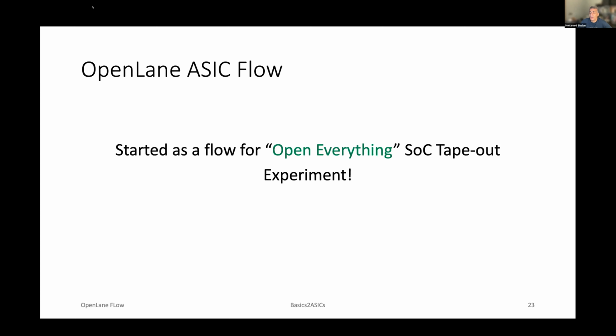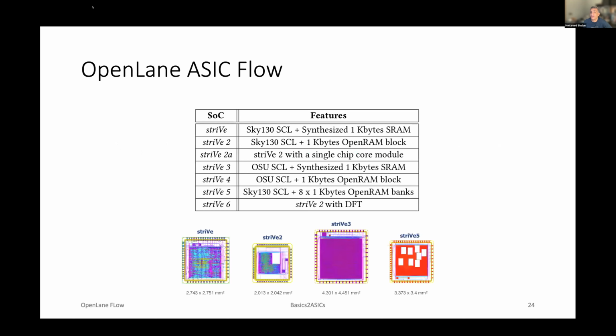We needed to define a flow, and we decided to make this flow open source as well, so that everything would be open source. This activity resulted in the OpenLane ASIC flow, which started as a flow for the open-everything tape-out experiment, and this experiment resulted in the fabrication of